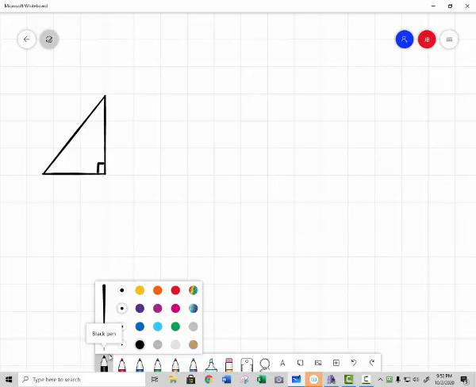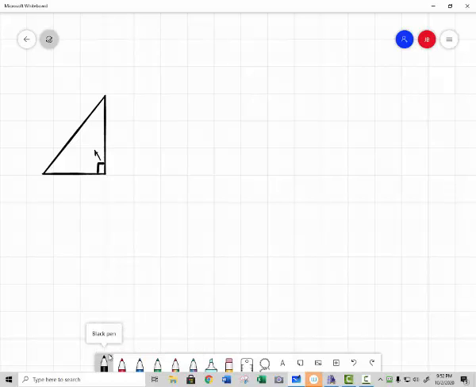a right triangle. It has to be a right angle in here, which is 90 degrees. The side opposite from that right angle is the hypotenuse. If this is my angle, and I'm going to use the Greek letter theta, opposite theta is the opposite side, and along the bottom of theta here is the adjacent side. And basically the sine of theta,